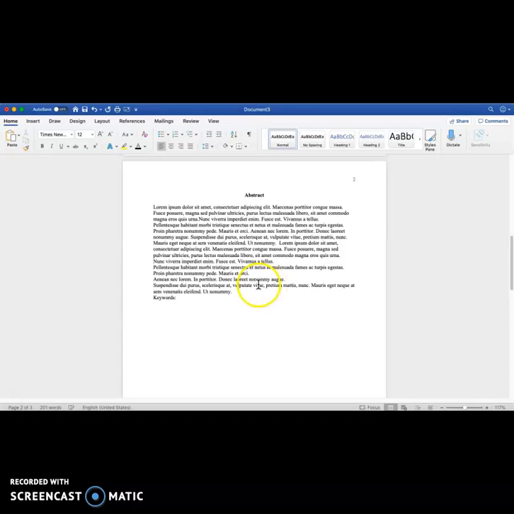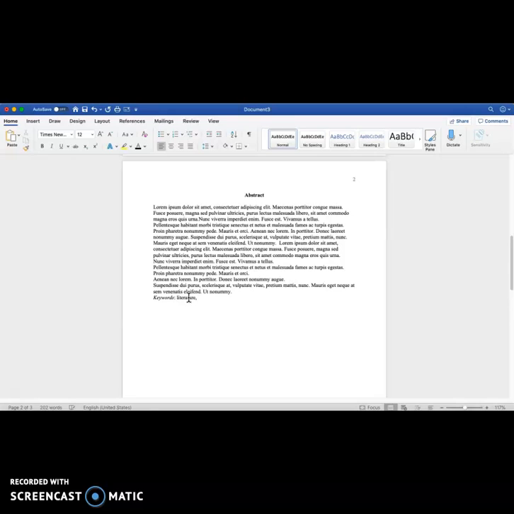And then you're going to italicize it, which is the I, and go ahead and type in some keywords that are going to make your research paper easy to find in a database. Maybe it's a biology paper, you can click biology. But since it's an English paper, it might make more sense to make English-related terms such as